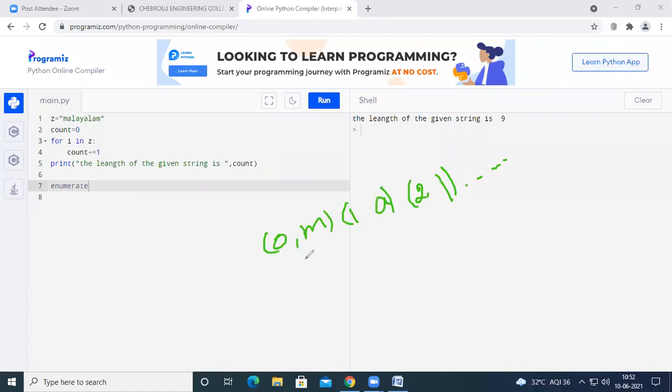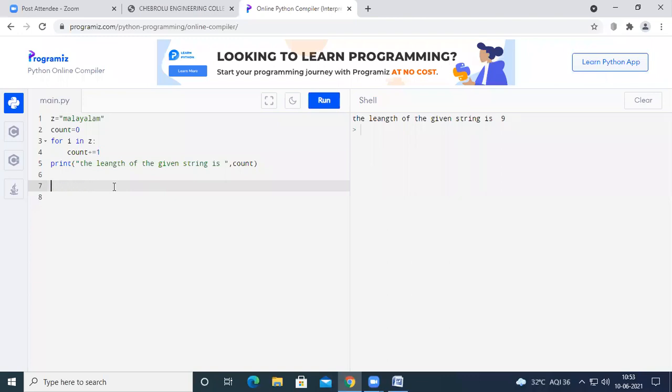The meaning of this is that 0 is the index for the character m, and 1, a. 1 is the index for the character a. So all these things in the form of pairs will be returned as an output when we use this enumerate function. Okay, when you use this enumerate function, all these things will be the output of the code.